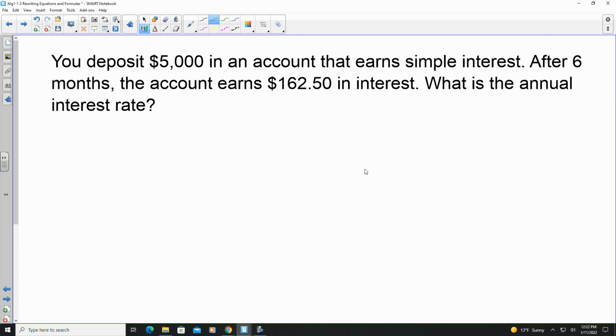Here it says that you deposit $5,000 in an account that earns simple interest. After 6 months, the account earns $162.50. What is the annual interest rate? So using the formula, interest is equal to principal times rate times time,